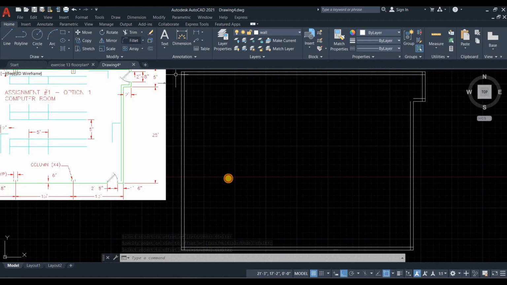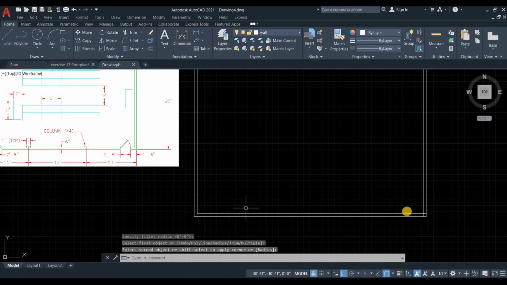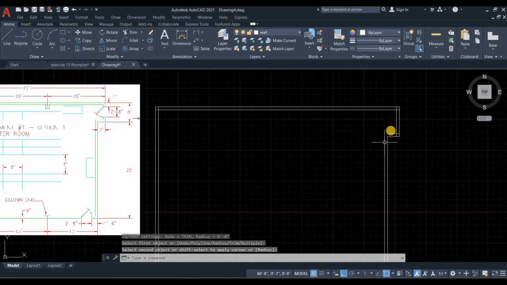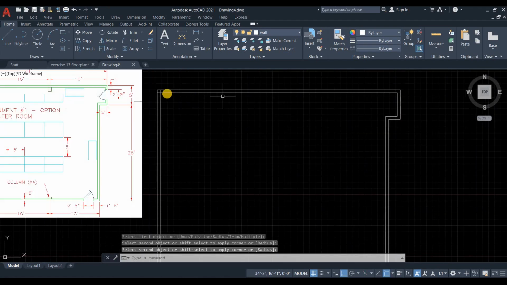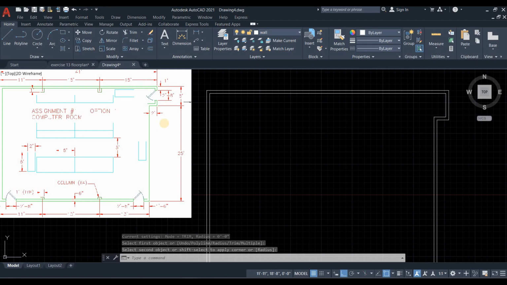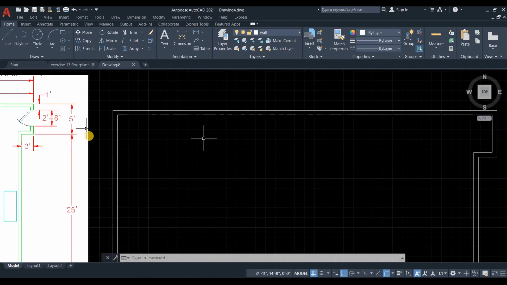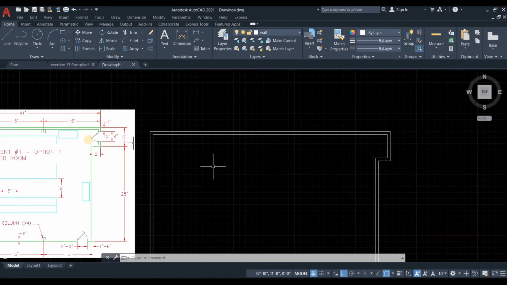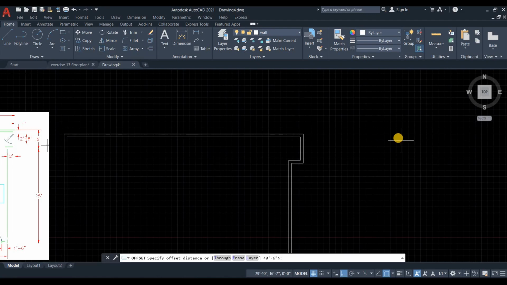Let's use fillet with radius of 0. This is the easiest way to trim and connect lines. Then when you're done, you will be making a cutout or a space for our door. That's one foot. So offset, let's type 1 and then the